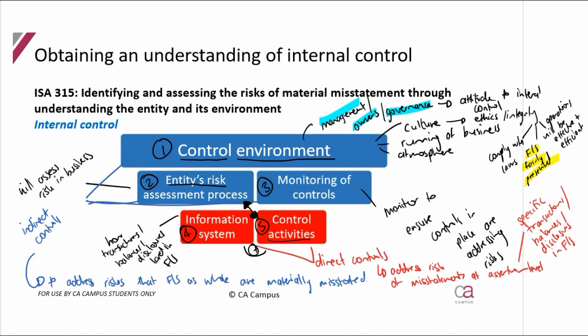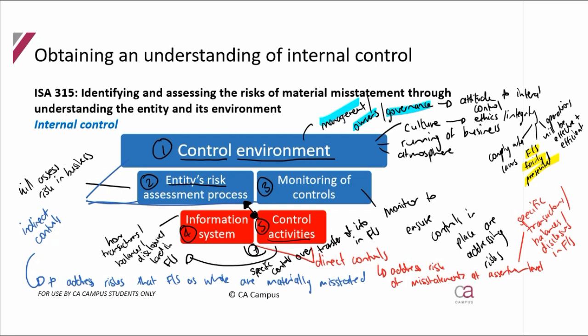And the control activities are then the specific controls over the transfer of this information into the financial statements. So the control activities are the controls that they've got to put in that information system to make sure that the transactions, the balances and the disclosures in the financials are fairly presented. And so information system and control activities we're going to delve further into next.